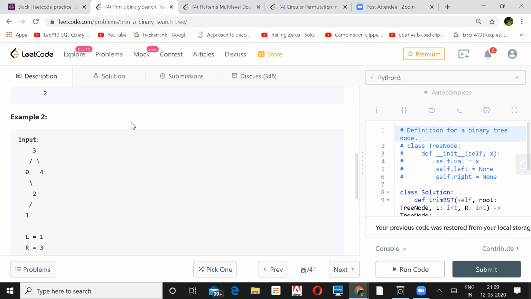No, what I was saying is, if we have a test case where L and R both have the same value, that is what I was discussing. It might be on any side. Let's say in this case we have multiple trees, right? Should the tree be on the left or on the right of the root node? But anyway, you have to traverse, right? So you have to go to that node, and when you go to that node, you just return that as a root. That was my thought process.